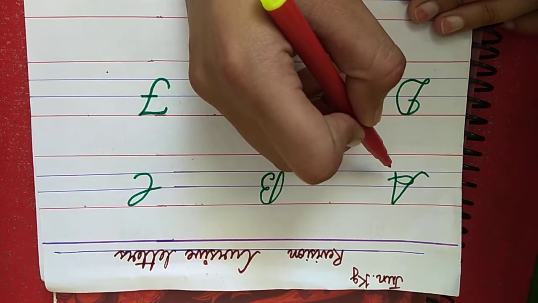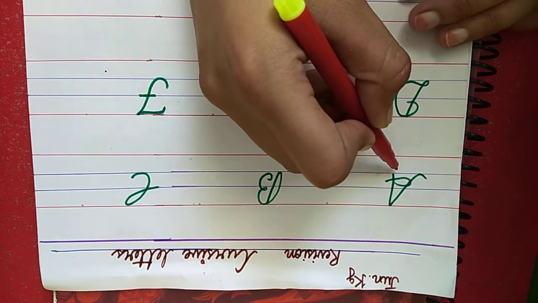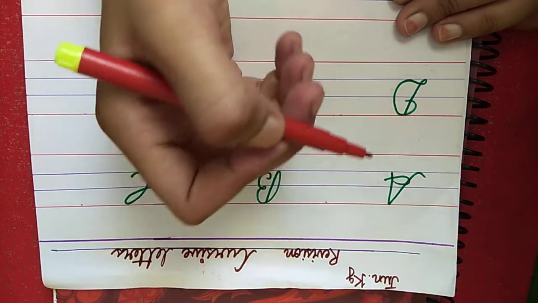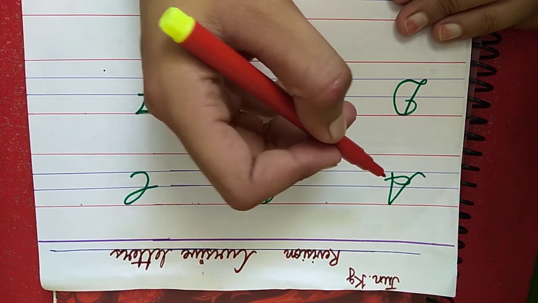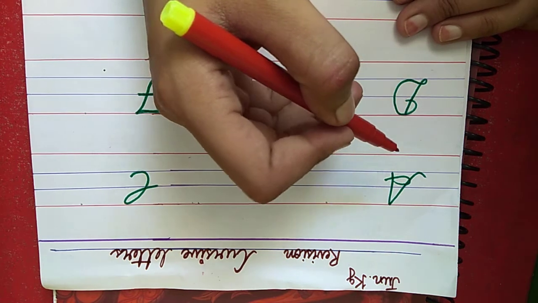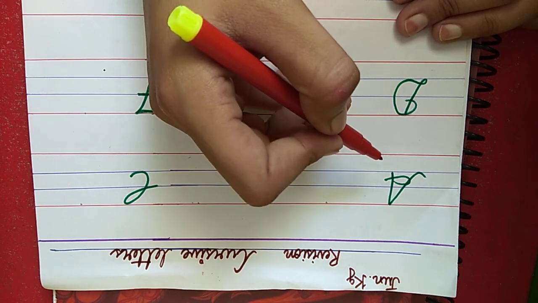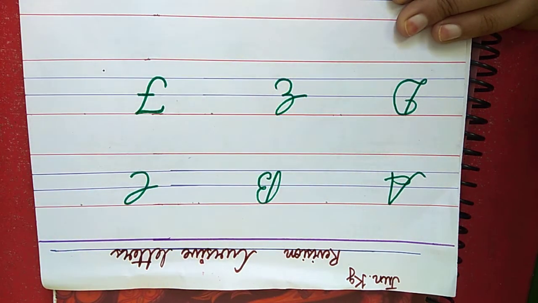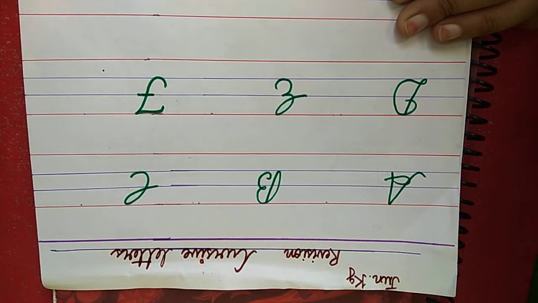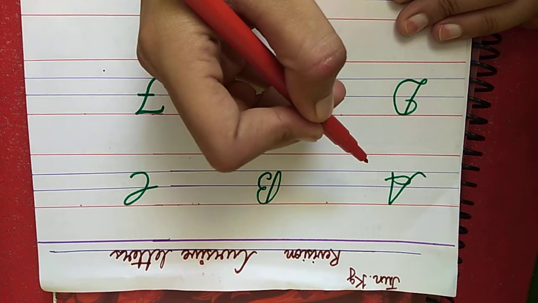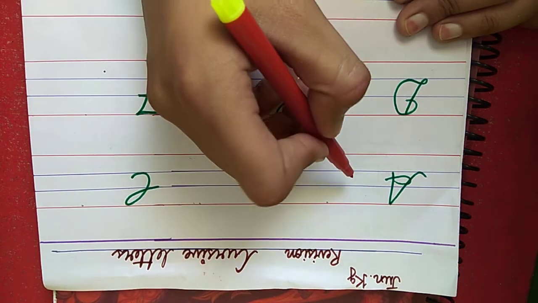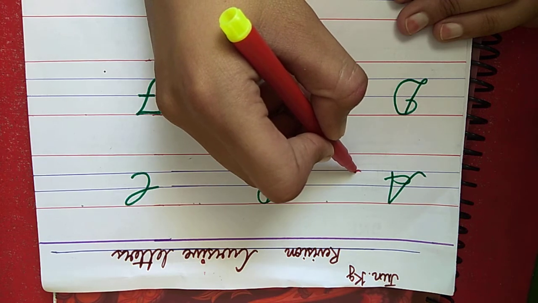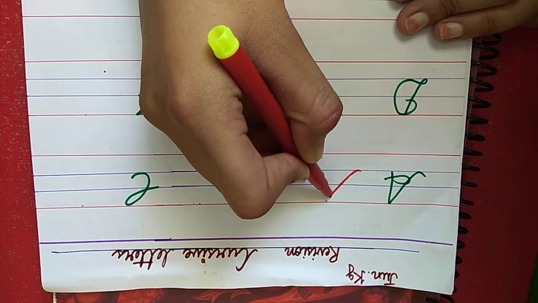What do you see? A letter A. What is this? Letter A. A for apple. What is the spelling of apple? A P P L E. What is the spelling of apple? A P P L E. Apple. Now put the pencil on the blue line and draw a slanting line.